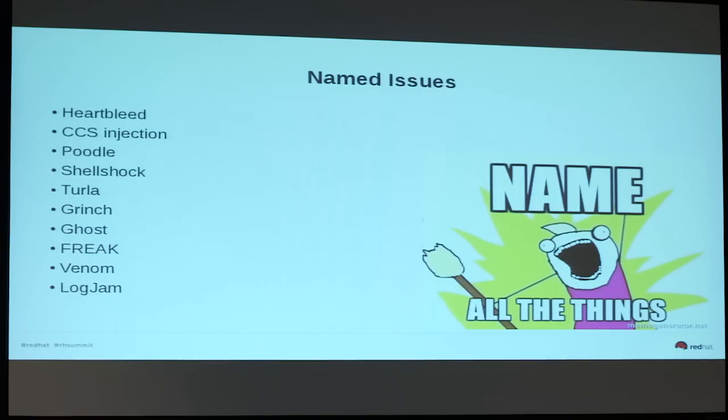The problem with Poodle was it was a protocol downgrade issue, and it was just one of those things where you had to get rid of the old protocol, right? There was no way to do anything else other than that. And so that was a unique challenge, obviously, we had to message. And with Poodle was when Red Hat started